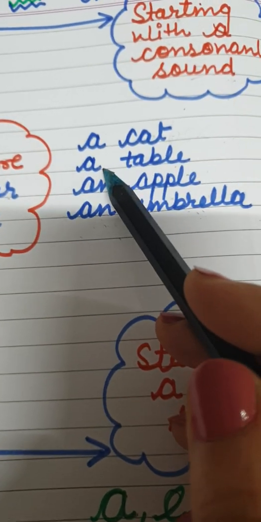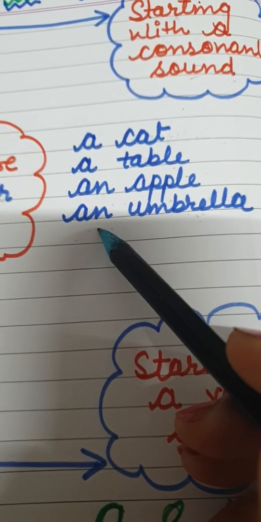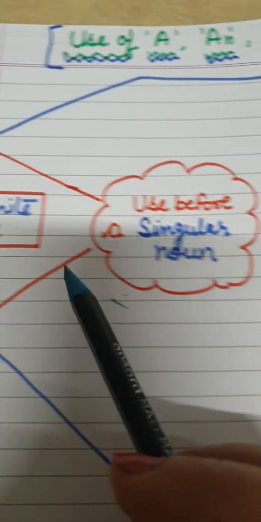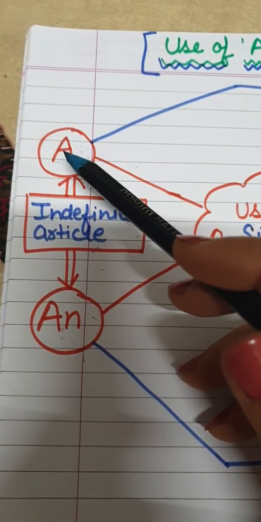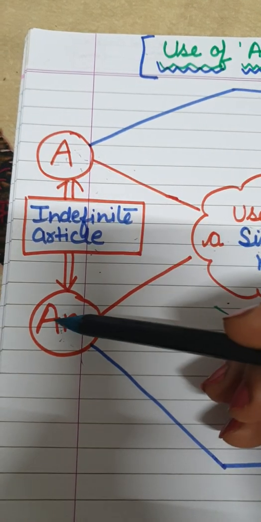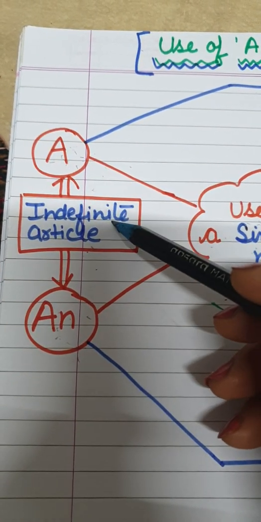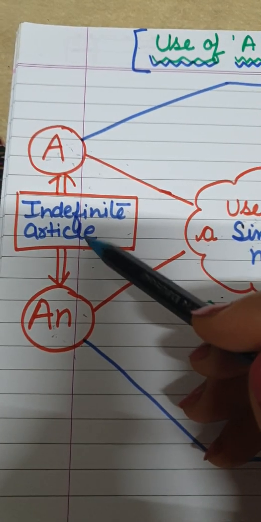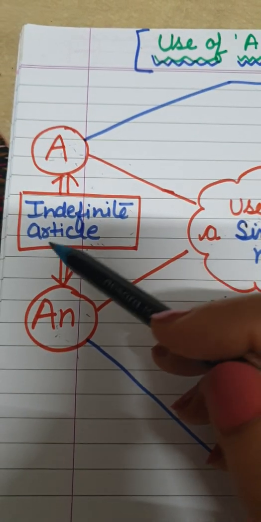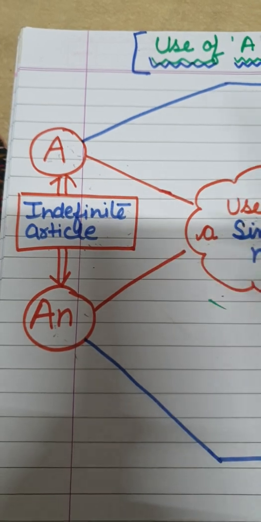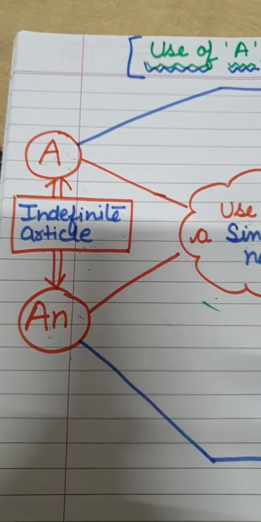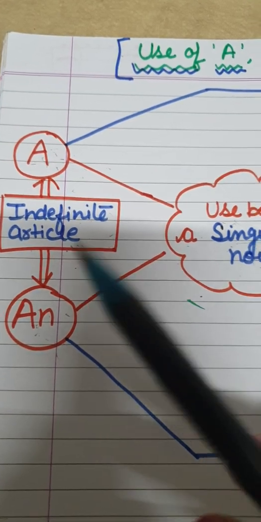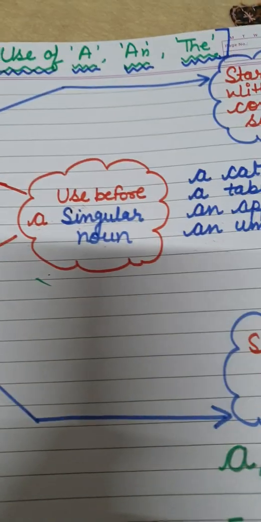कहाँ यूज करें a को और an को कहाँ यूज करना है? Let's see, वो अभी हम देखेंगे. Before this, kids, you should know that a and an both are known as indefinite articles. Why indefinite? Because here kids, we are not talking about any particular thing. We are not sure about the thing which we are talking about. कोई भी चीज़ जिसके बारे में हम sure नहीं हैं.